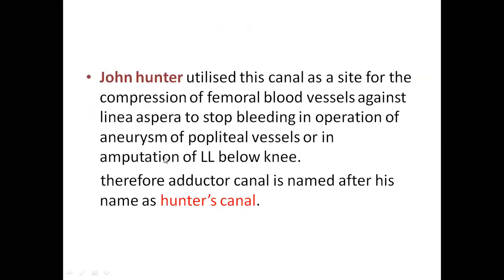Let's try to see the picture. See here, beta. What is a popliteal aneurysm? Aneurysm means if there is ballooning of blood vessels, you call it an aneurysm. In the popliteal fossa, like in the PowerPoint, I have that picture. So in case of a popliteal aneurysm, generally we are supposed to cut that area of aneurysm, isn't it?